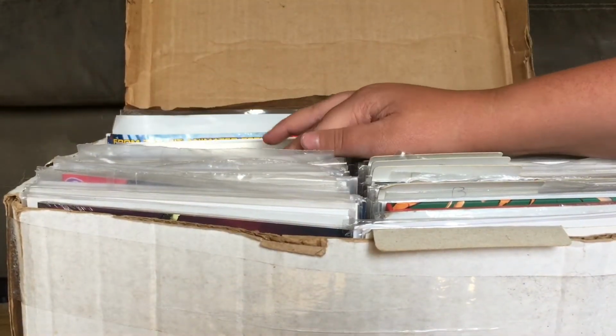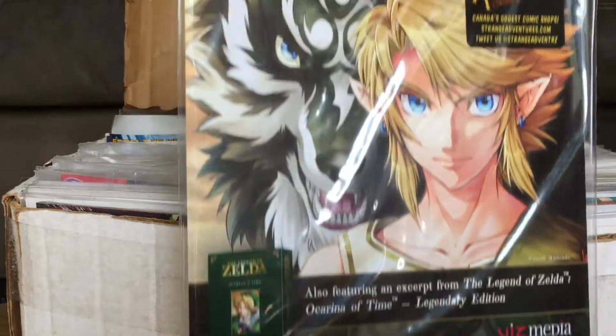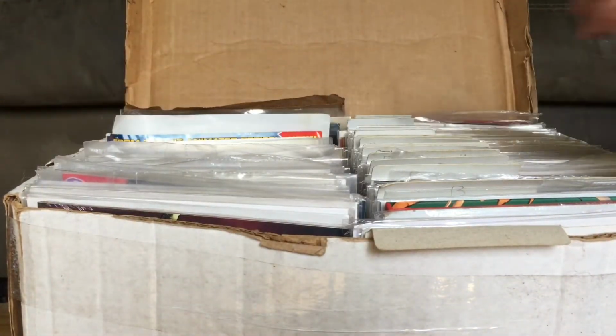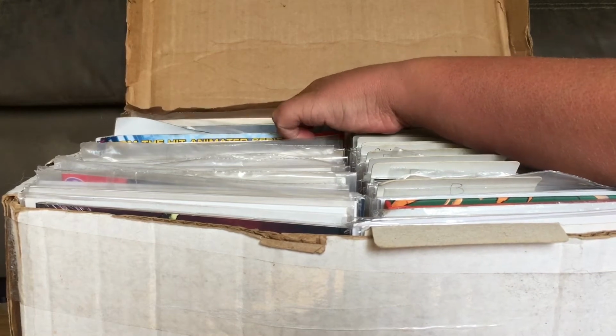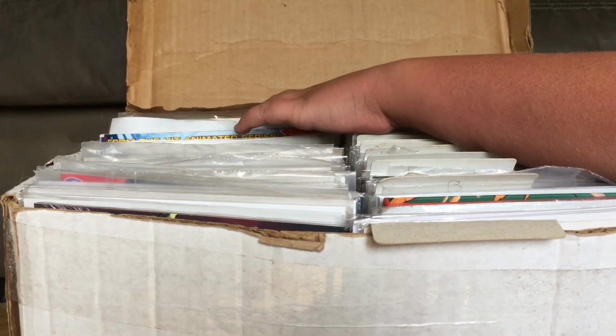And yeah, one of the last one, The Legends of Zelda from Free Comic Book Day. Let me just make sure that is all of them. I do have a few other things in here, but